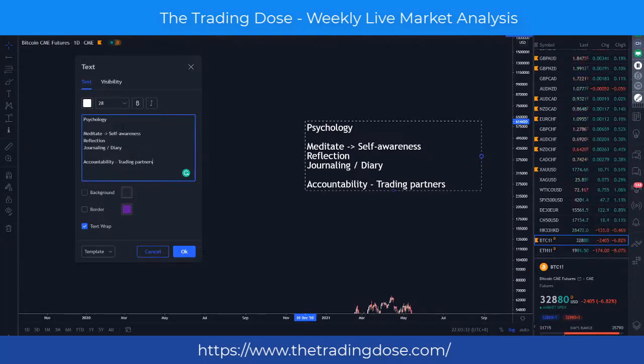The idea of accountability is more that you have blind spots. Okay, all of us have blind spots. Blind spots are things where no matter how hard you try, to a certain extent, you're not able to identify that weakness. But from a third party perspective, it can be very clear to the other person. Okay? Even I have blind spots, right? So this is where the accountability comes in. The trading partner or community comes in, you're able to help one another and give constructive feedback. Okay? And I can share with you, this helps a lot, right?